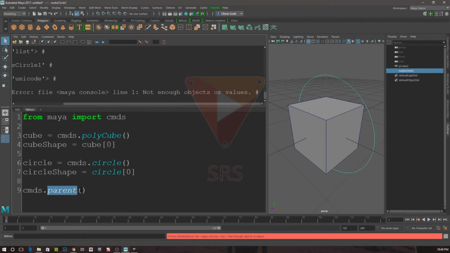So the parent command actually expects two variables. The first is the child. In this case, I'm going to say cube shape. The second is the parent, so I'm going to say circle shape. And we put this inside the parentheses because we're telling parent how to run. We're saying put this under this. So if I run it,